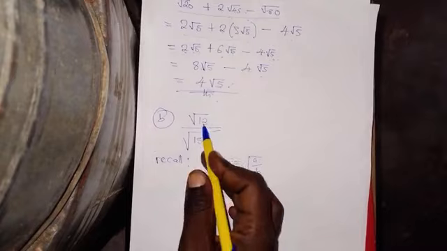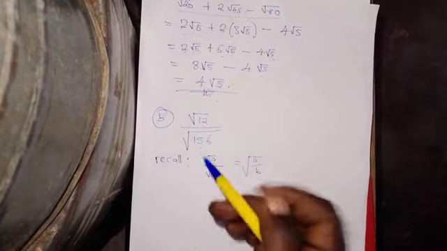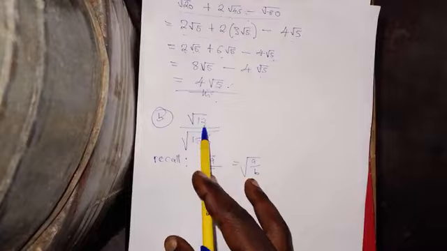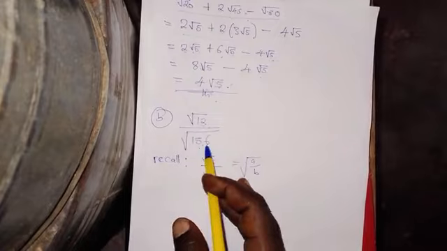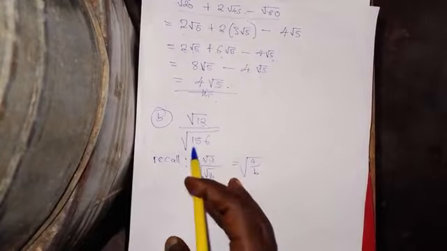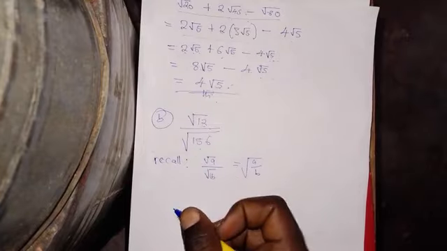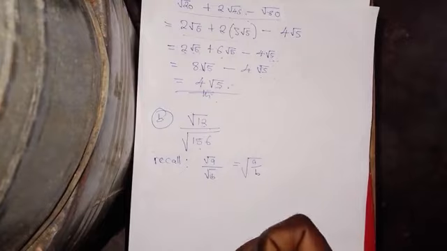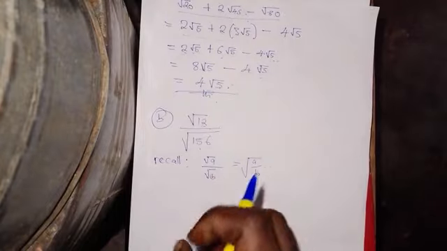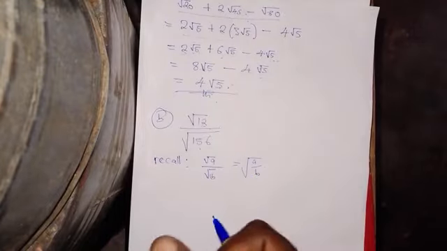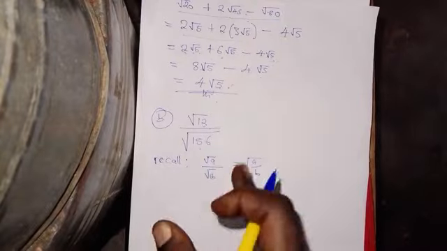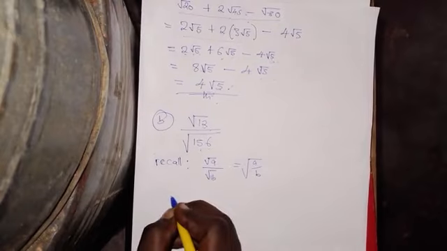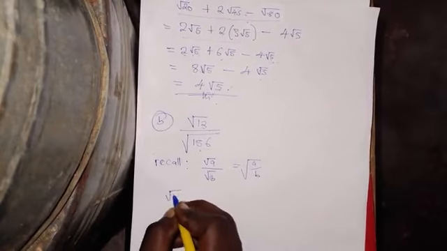For the 12, you need to have two numbers that multiply to give 12, but one of them should be a perfect square. For 156, you need two numbers that multiply to give 156, but one of them should be a perfect square. There are a lot of numbers, but concentrate on numbers which are perfect squares. So we're simply saying that root of 12 over